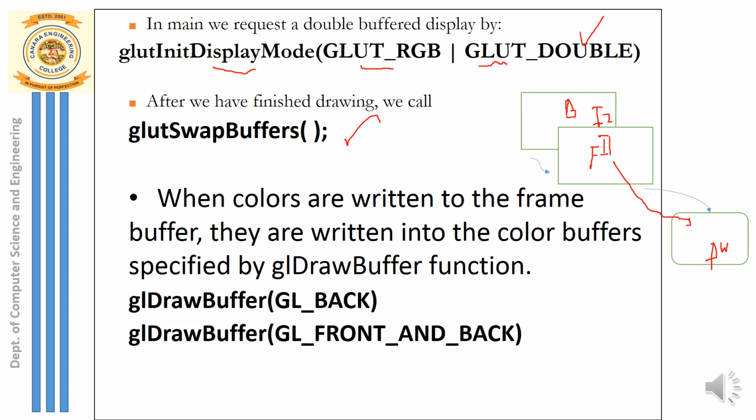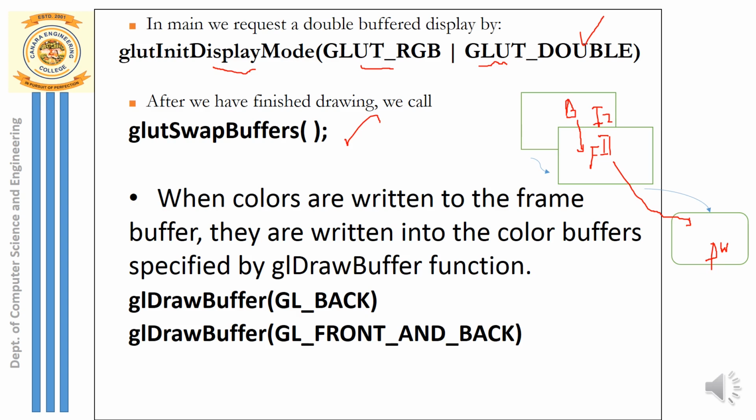So what is basically happening? It is flushing the pixels corresponding to image 1 from the front buffer to the display window. This flushing takes place in the first step, and image 1 is directly displayed on the display window. The second stage is you get image 2 from the back buffer to the front buffer, or in other words, push the pixels from the back buffer to the front buffer.